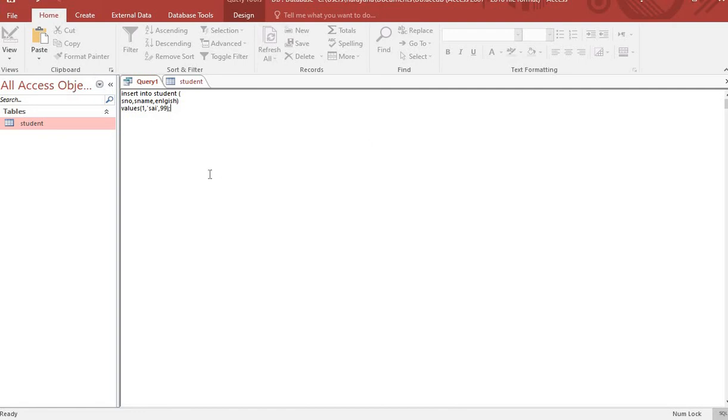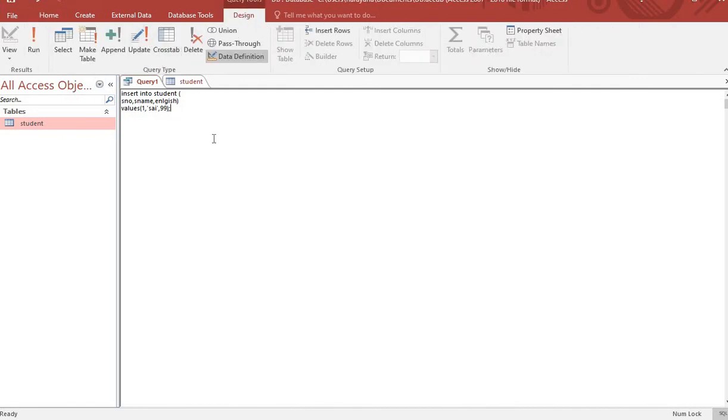If you completed this command properly, then it will execute. See here, how will you execute? You have to click on design and click on run. Then it will execute immediately.